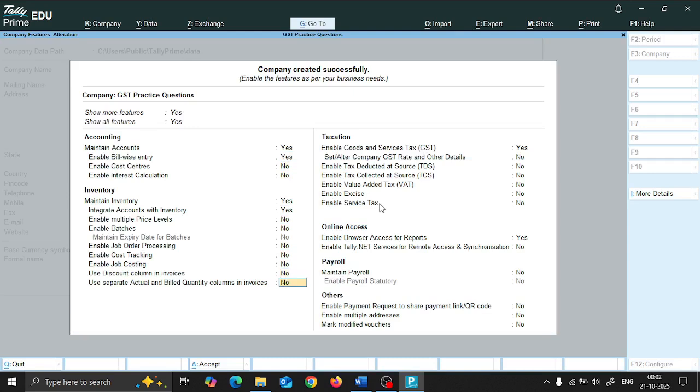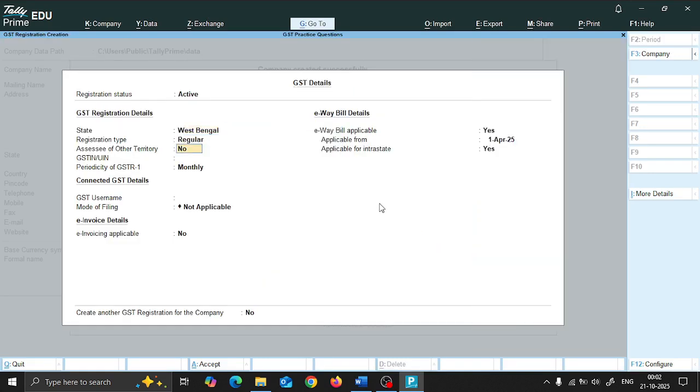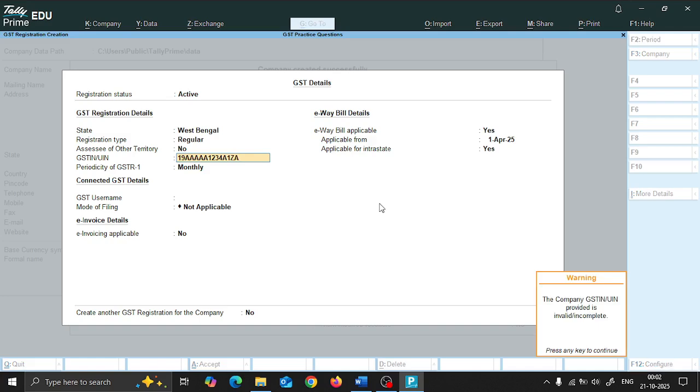We need to enable GST, West Bengal. Let's give it a number. Let's start a random number, for example GST with the state code 19. Okay, let's give this a random GST number. It might not take